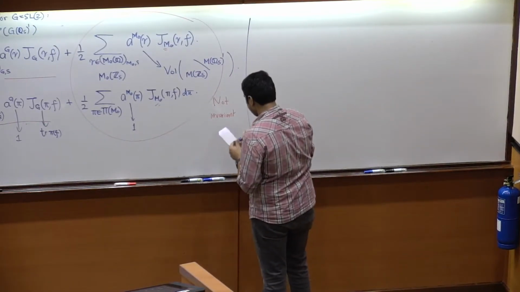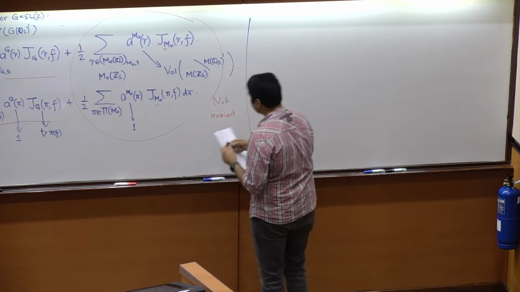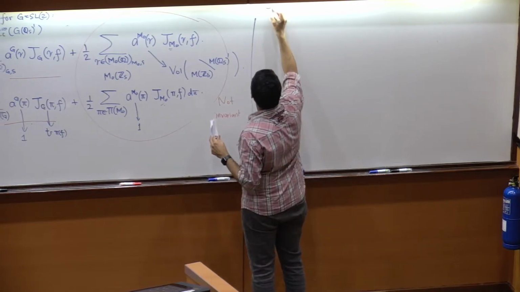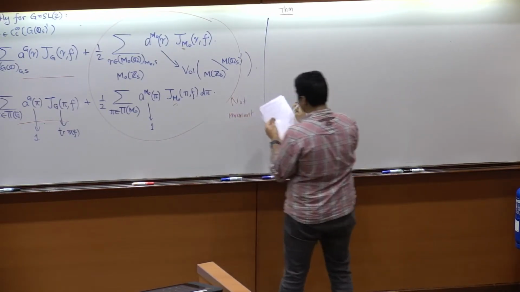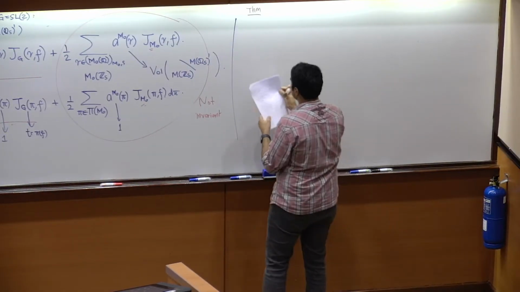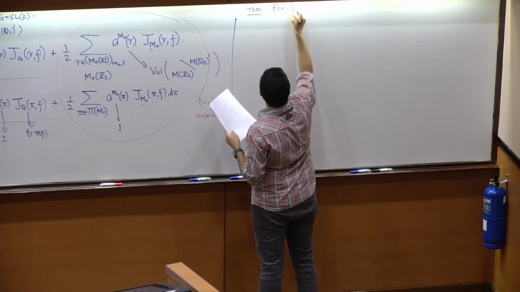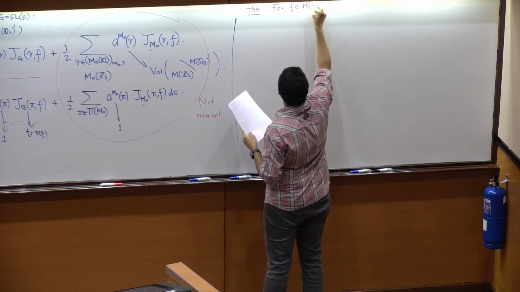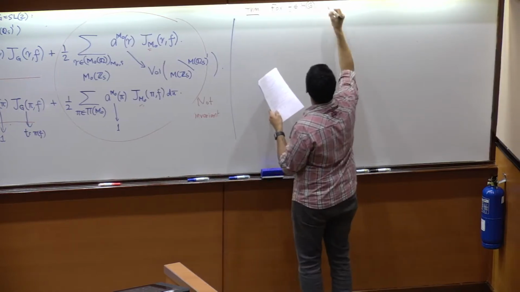So I will first write the theorem and then explain what is going on. So the theorem is that you have these invariant distributions. That is a theorem. So for f in the Hecke algebra,